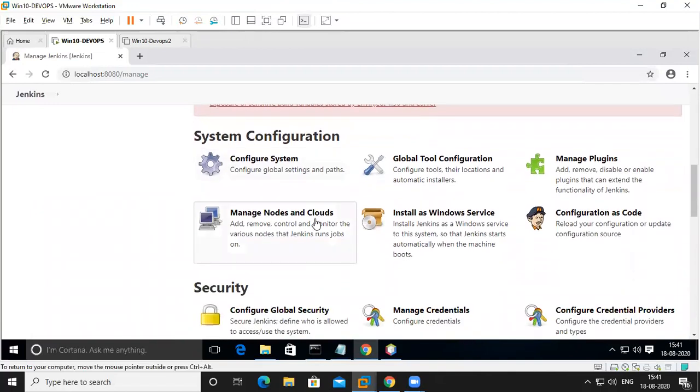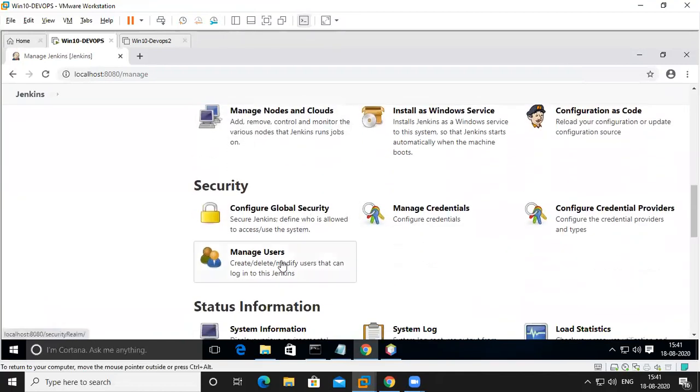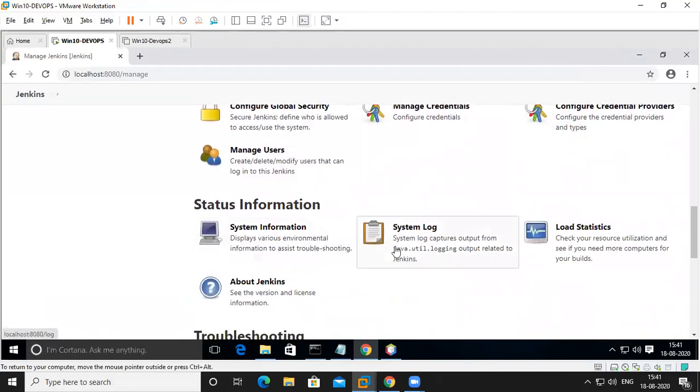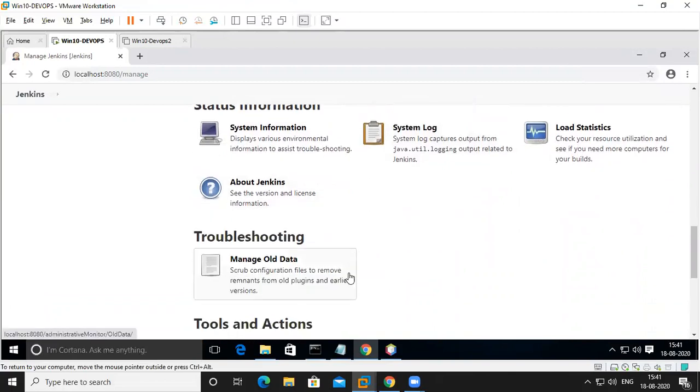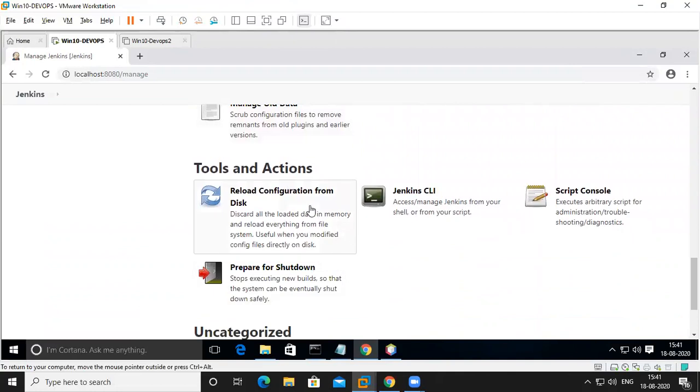It is showing so many options like configure system, global tool configuration, manage plugins, configuration as code, install as a Windows service, manage nodes and clouds, if you created nodes. Then manage credentials, manage users, configure credential providers, system information, system log, load statistics, about Jenkins, manage old data, reload configuration from disk, Jenkins CLI.